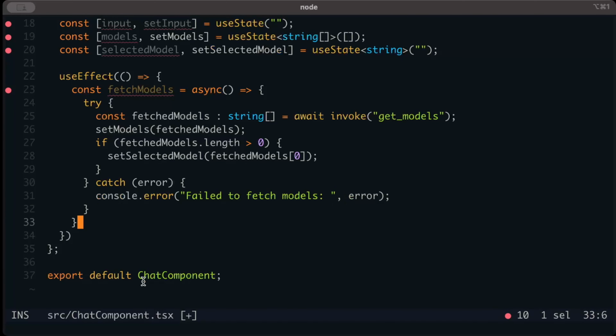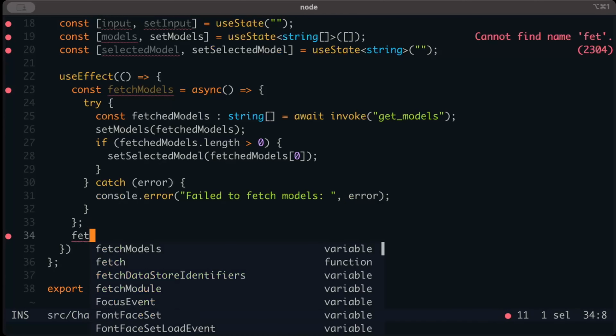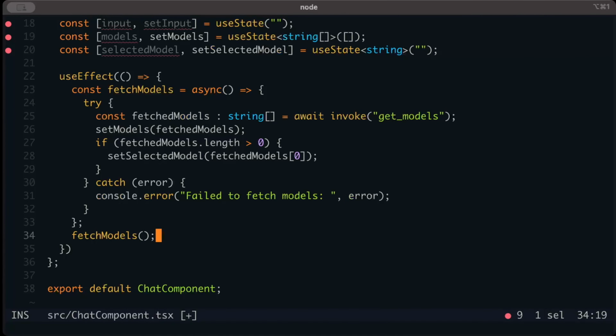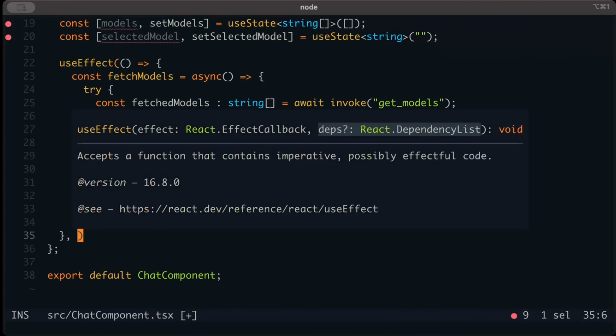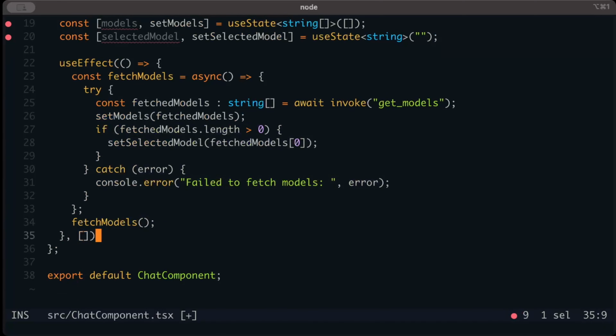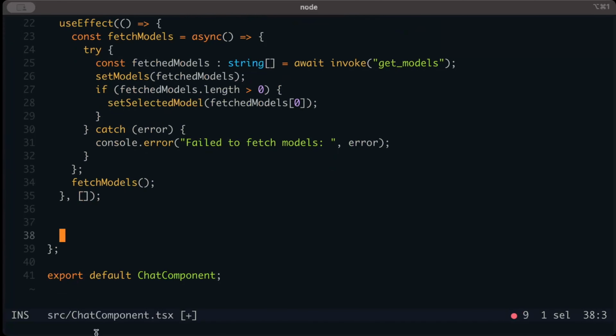So we have our try catch, and we have our function which is fetch models. So fetch models and dependency as empty. So this right here is our useEffect for fetch models. And now similarly, const sendMessage